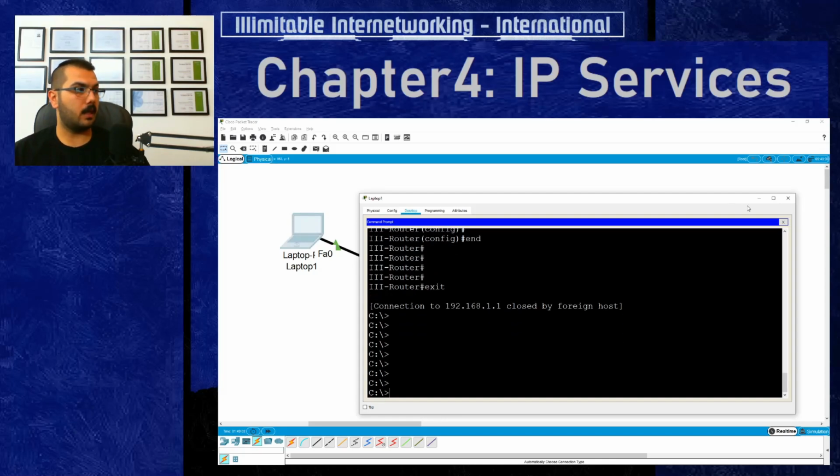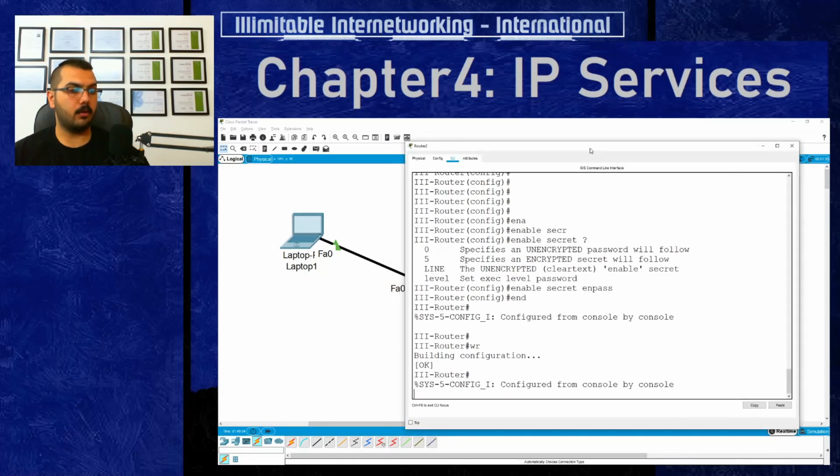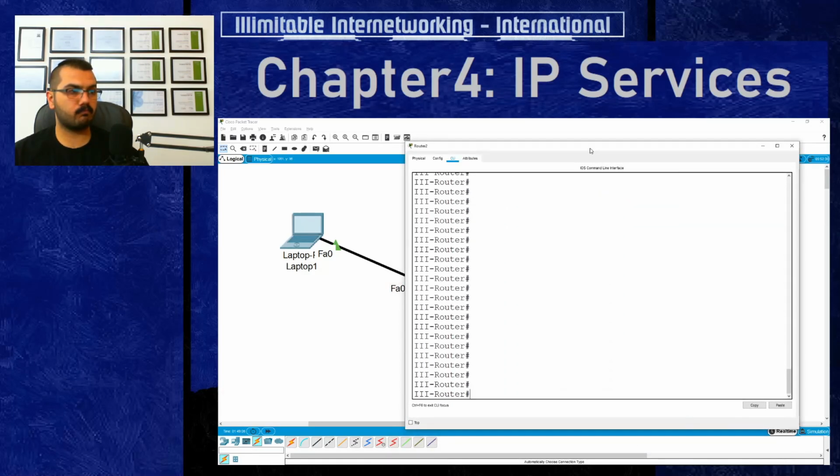What we did, let's make it as a form of notes. This mark states that whatever commands come after it will be neglected. So the first thing was to make the host name the name that you want, and after that I made IP domain name and gave it a certain domain name. After IP domain name I made crypto